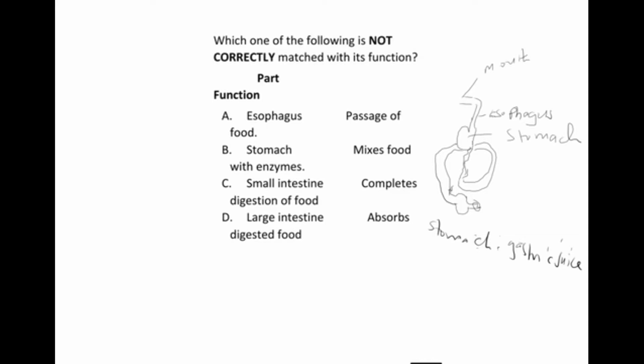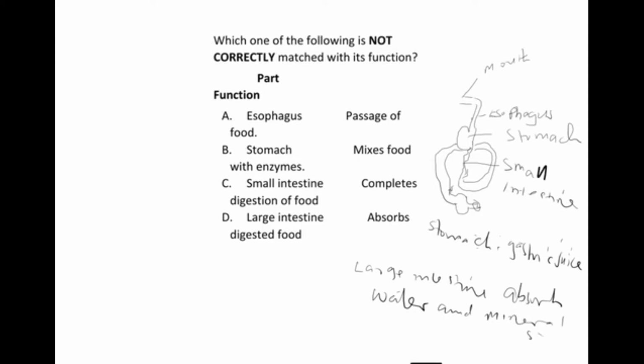Then we have these, the small intestines, and that is where the digestion of food is completed. Then the large intestine absorbs water and mineral salts. So if we go back to our question,